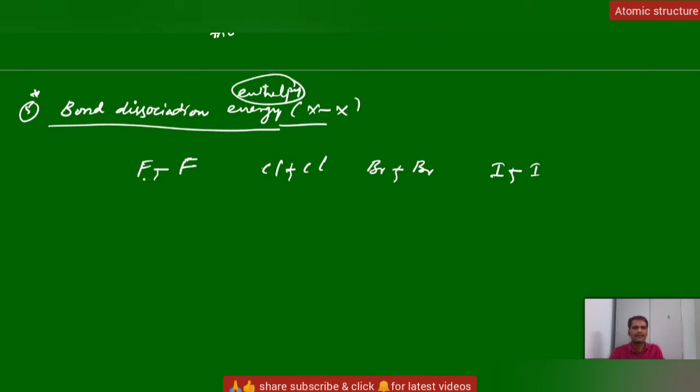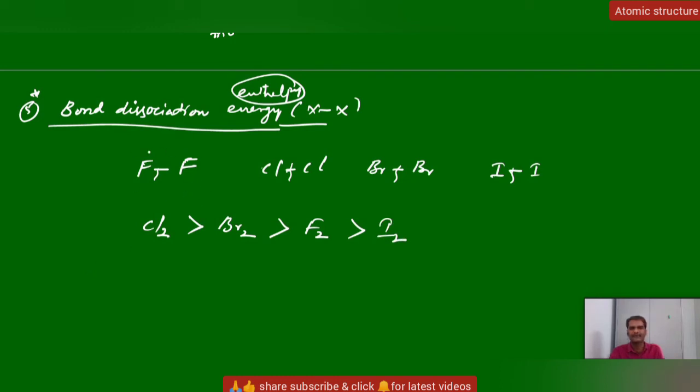Now, which is having more bond dissociation energy? So here the order is, again we may expect that top to bottom the size increases, so bond distance increases. If the bond distance increases, it means there is a weaker bond. So a weaker bond can break very easily, and fluorine is a smaller size, so fluorine bond energy should be more than the chlorine, bromine, iodine. This we may expect. But actually the experimental order is chlorine bond dissociation energy is more than bromine, then fluorine. You can see again some abnormal order here, then after iodine.